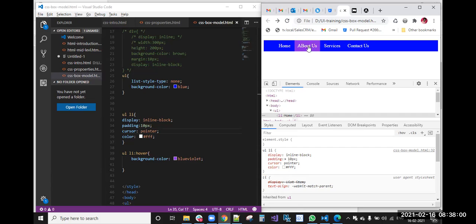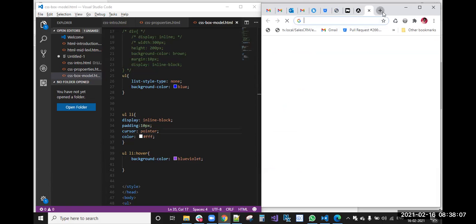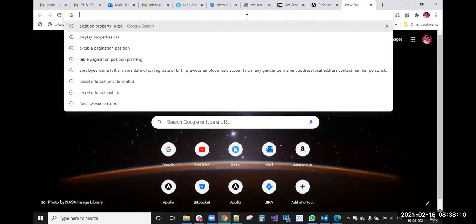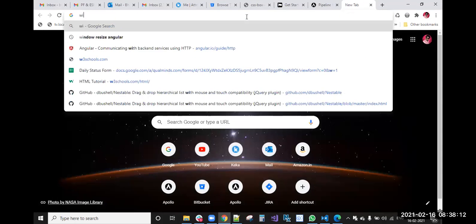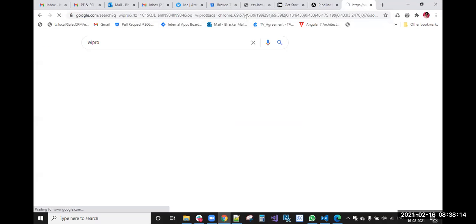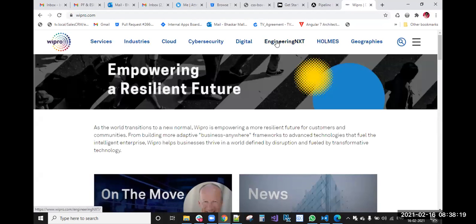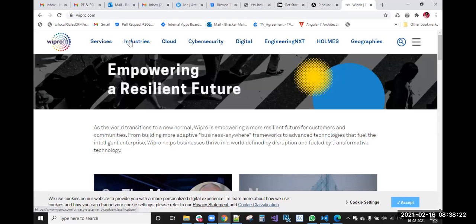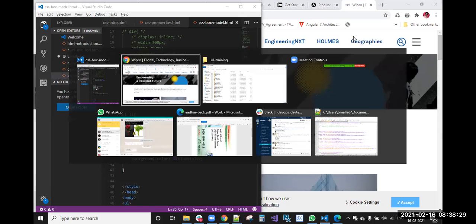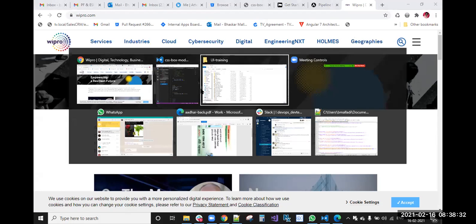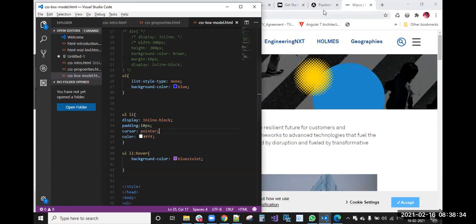In real time you can see the menu bars, everything, right? In real-time applications, you can take any website, I think they will give it. See, these are just the menu items. But instead of this background color and color, he is changing the text color. Those things we can also change. We will see now.